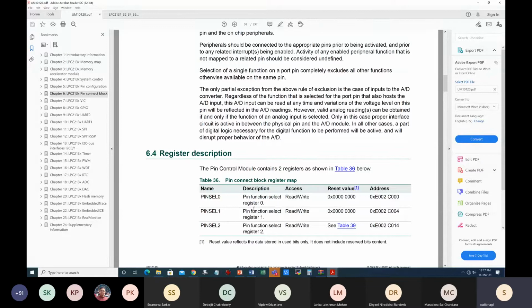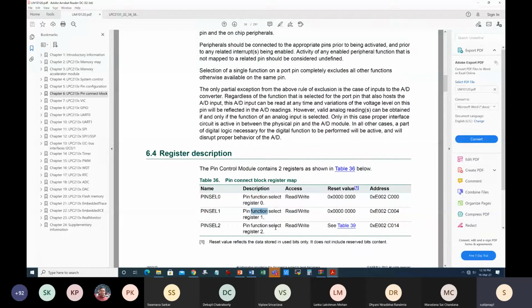There are 4 functions for a pin: GPIO and 3 alternate functions. So we have to select what a particular pin should do. There are up to 48 input output pins, that is 32 plus 16. Assuming we are using any one of those pins, or more than one, or all of them, we have to select functions for the selected pins that we want to use in our own way.